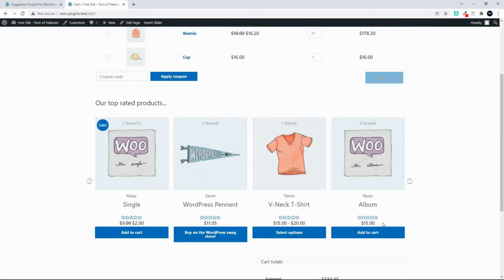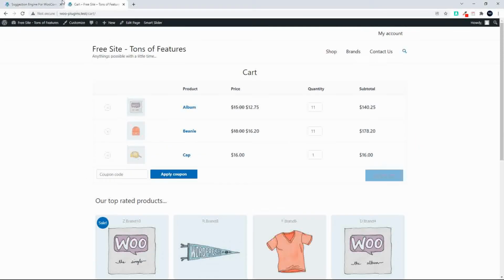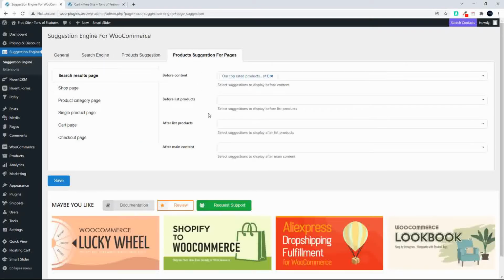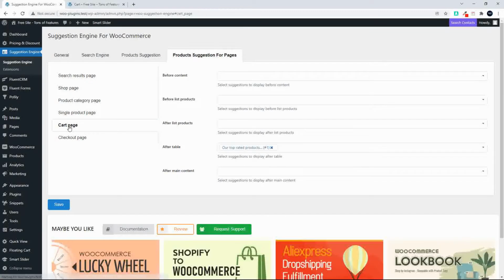So to show you how this all fits together, and it's really quite nice the way that it works, there are two areas that we're going to look at. The one is the product suggestion, which is this area here, and you'll see we have two product suggestions, and here then we have where the placement of that suggestion is. So for example, on the cart page,